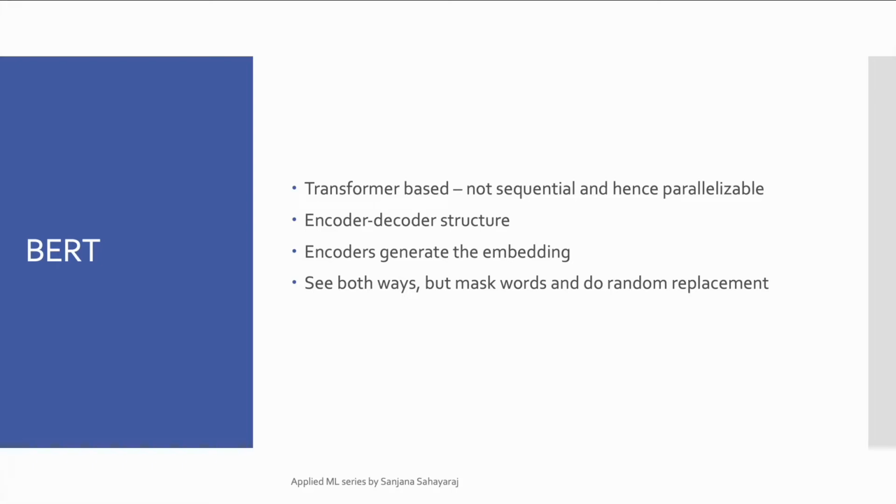Again, you can refer to Applied ML the Big Picture to understand where transformers fit in the bigger picture, but they are attention based, which helps them learn the importance of one word to another instead of having to process that sequentially. And for that reason, it's parallelizable. BERT follows an encoder-decoder structure, and for our purpose of generating embeddings, we can use encoders to generate these embeddings. And just like ELMo, BERT can see both ways,